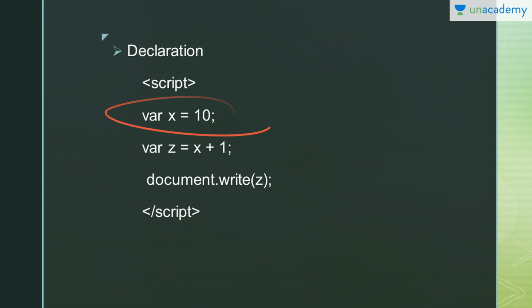In JavaScript, if you are declaring a variable, then you need to mention it by using var, that stands for variable. Now here var x means I am declaring a variable named x and assigning a value, that is 10, to it. Unlike other languages, you don't need to define the data type, you just need to define that you are using a variable, that's it.